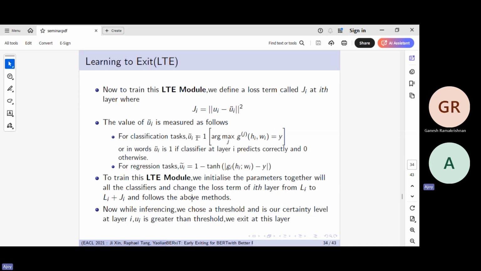For regression based tasks, they define a function based on 1 minus tanh of the difference between the output of the classifier, so it's a regression model but we call it classifier, and y, the expected value which we need to have. In J_i instead of writing L_i, we just write L_i plus J_i in the previous methods: alternating, two stage, or joint training. In all methods,